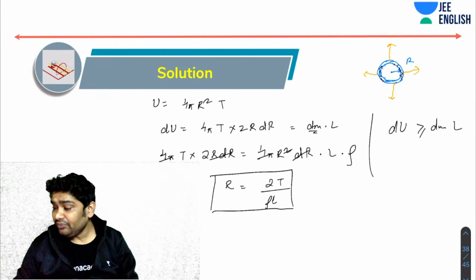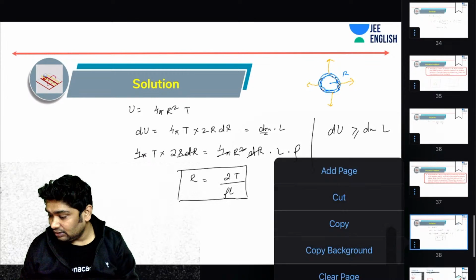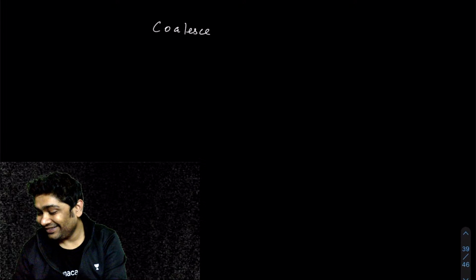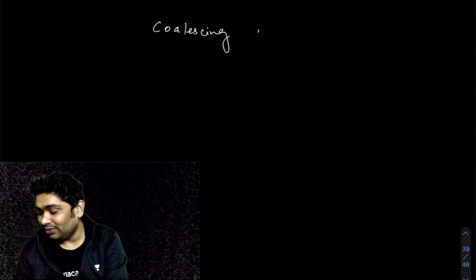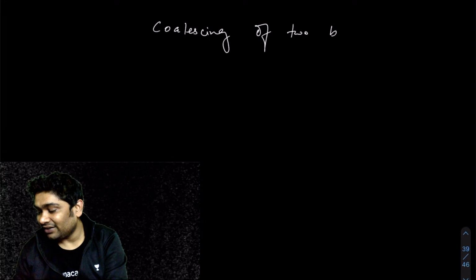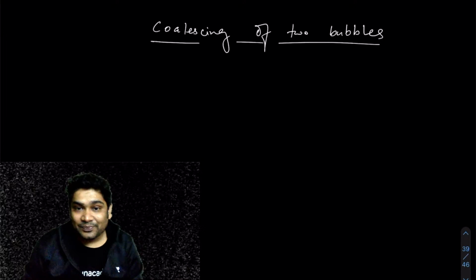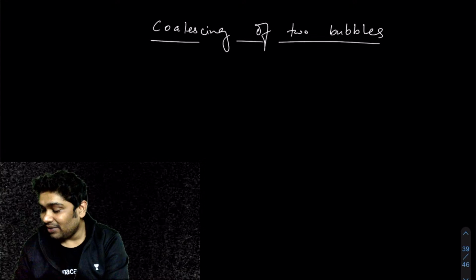ठीक है, तो एक चीज और डिस्कस करना था मुझे, मैं भूल गया, आई थिंक ऐड करना है, जब दो बबल कोलीज करते हैं। कोलीज की स्पेलिंग देख लेना। आई थिंक यही होती है, कोलाइडिंग ऑफ टू बबल्स। एक ये छोटा सा टॉपिक और रह गया था जो मैं डिस्कस करना चाहता था। तो एक ये और डिस्कस कर लेते हैं, फिर विल एंड टुडेस टॉपिक।